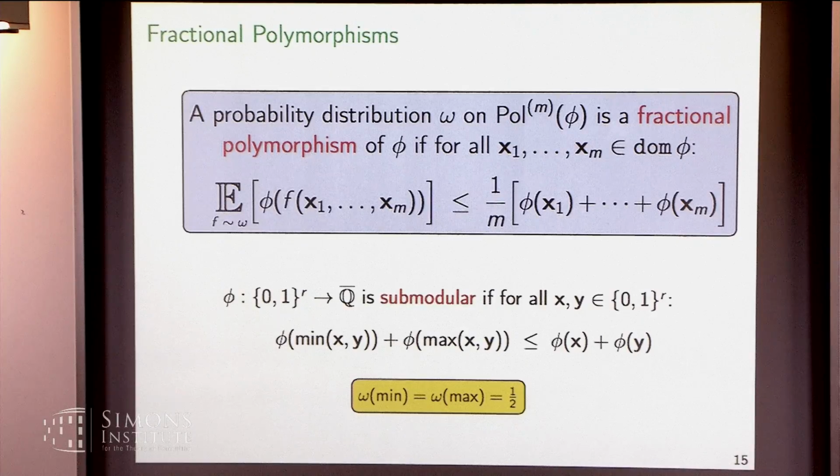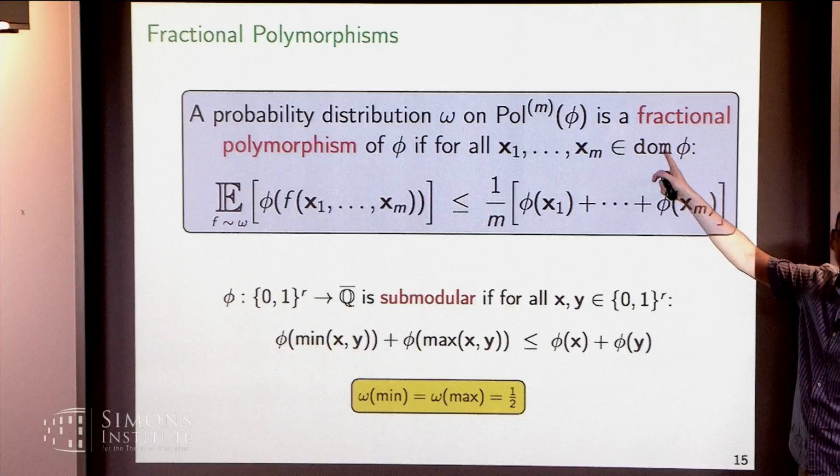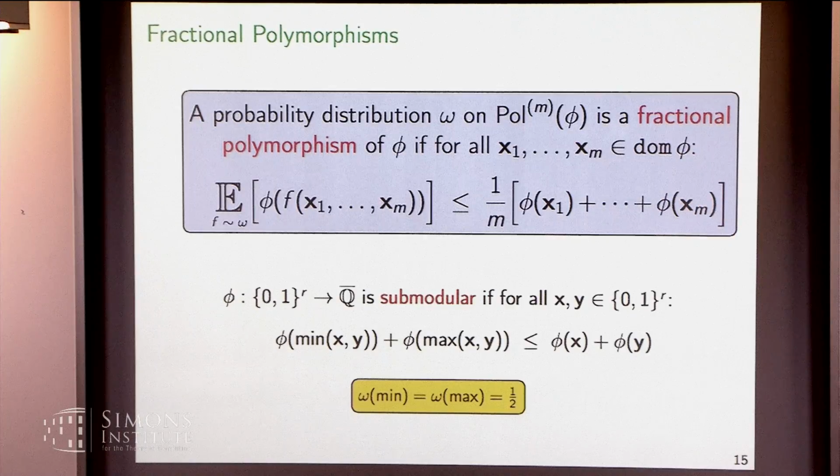Yes? So naively, it looks like maybe you could take a probability distribution over dom phi instead of taking exactly m. Probability distribution over dom phi, and then add them up on the right-hand side of the inequality. Could you do that? Well, no, because here you take just m of them, right? This could be more than m, right? Or what do you mean? Just take some distribution over the elements of dom phi, and then can you generalize this somehow? Oh, they have to be. I see. M is the arity. Okay, we can talk about this.